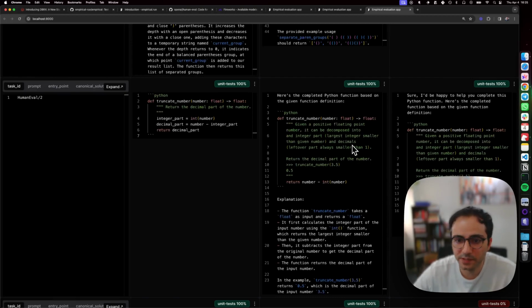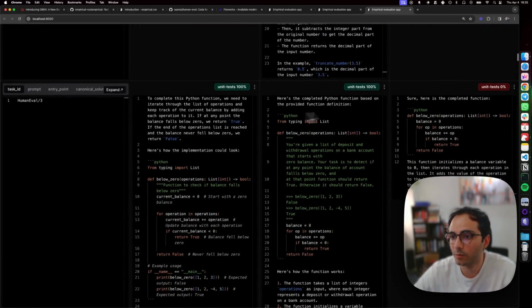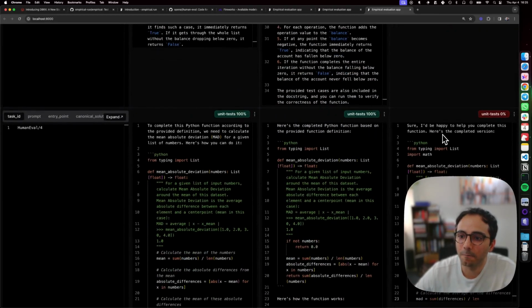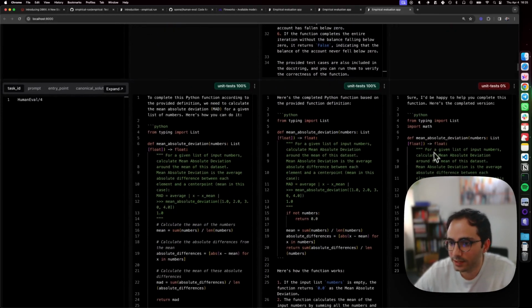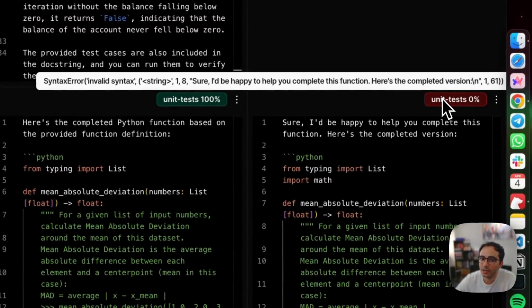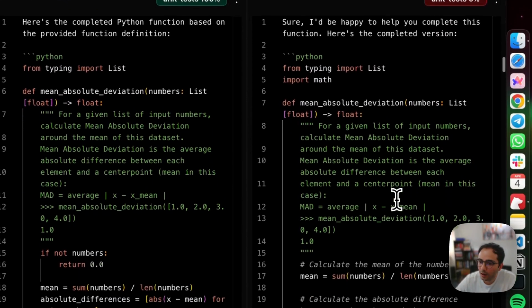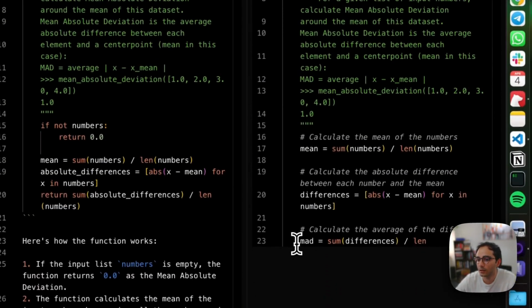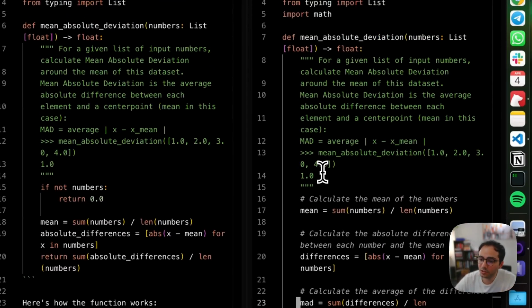the Empirical UI is basically giving you that side-by-side comparison to give you a sense of what went wrong. This looks like another case where list is not defined. Looks like this is one where list is defined, so it looks like we had a bit of a syntax error here. It seems like the function did not complete the backtick. And so, getting this experiential feel gives us a sense of what we should change in the prompt, right? And that can be a way for us to climb the ladder of getting better with each